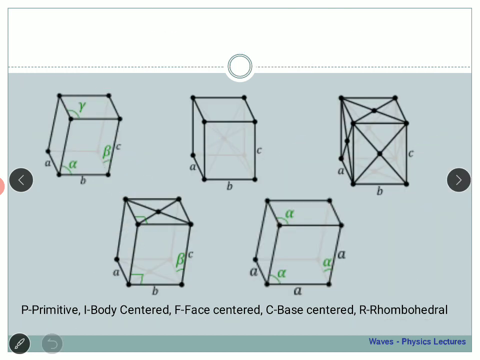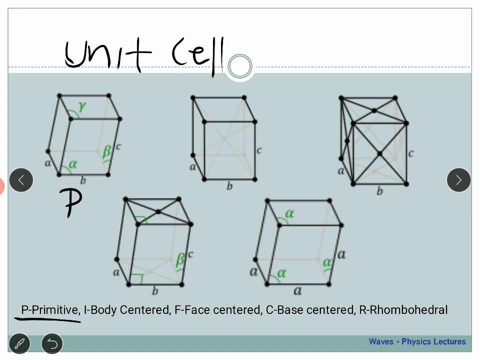But before we proceed further, let me give you a proper understanding of what we mean by a primitive cell. So this is primitive, which means that all the atoms are at the corners. This is a unit cell; we are talking only about unit cells here. P is primitive, so we don't have any atoms within the cell. It's only at the corners, so that is basically primitive. Everything else is non-primitive. I is the usual notation for body centered, so you can see that there is one atom at the center, and that is why it is called body centered.